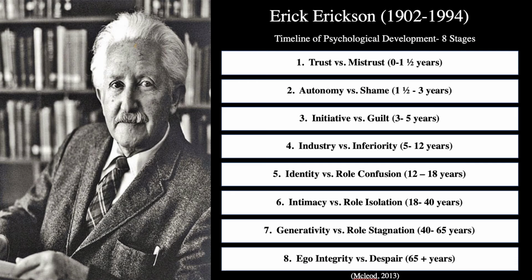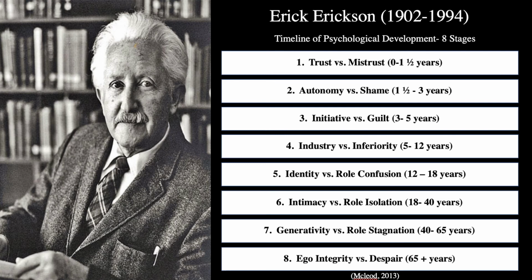The first is trust versus mistrust, shaped by a caregiver's responsiveness to the baby. Autonomy versus doubt comes when a child learns that they are their own person who is able to talk and walk and is not attached to their parent or parents. Erikson's third stage is initiative versus guilt. This is when a child succeeds at trying new things. When a child does not experience success, they will start to feel guilty for not being successful.